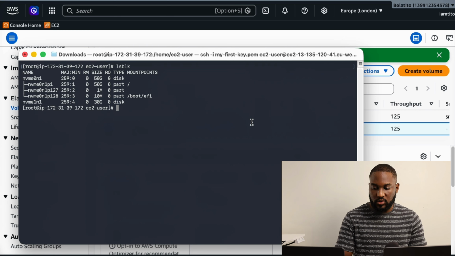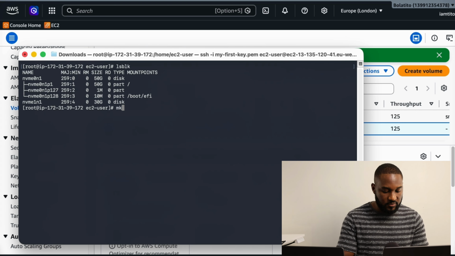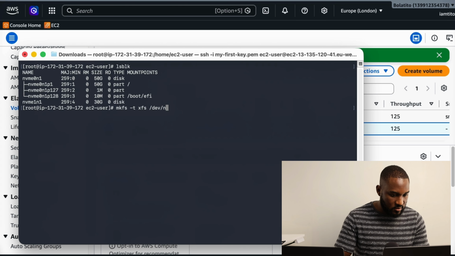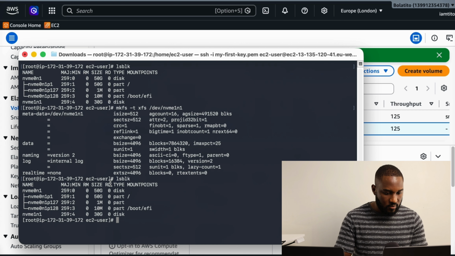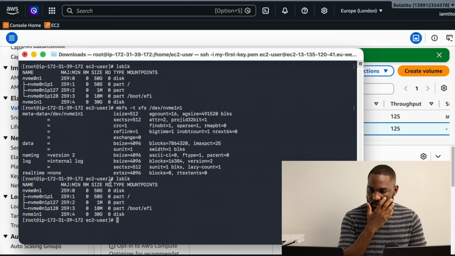Okay, and then the next thing we want to do is we want to create a file system. To create a file system, mkfs, we're already a root user, -t xfs, and then we want to specify the device. In this case, let's specify this file system. Okay, and the next thing you want to do is